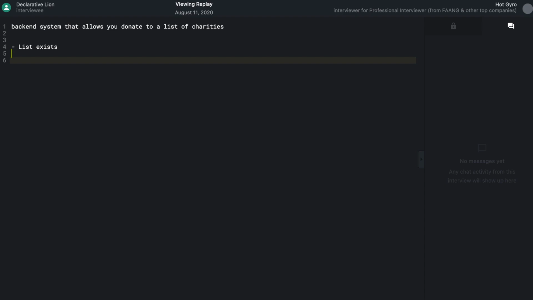Yeah, that's a good question too. The user in the front end would decide how much money they want to donate, and which charity they pick to donate to, and they can donate to the same charity multiple times. They should be able to donate whenever they feel like it, every 5 minutes if they want. That's the kind of flexibility you want the service to have. Yeah, agree on that.